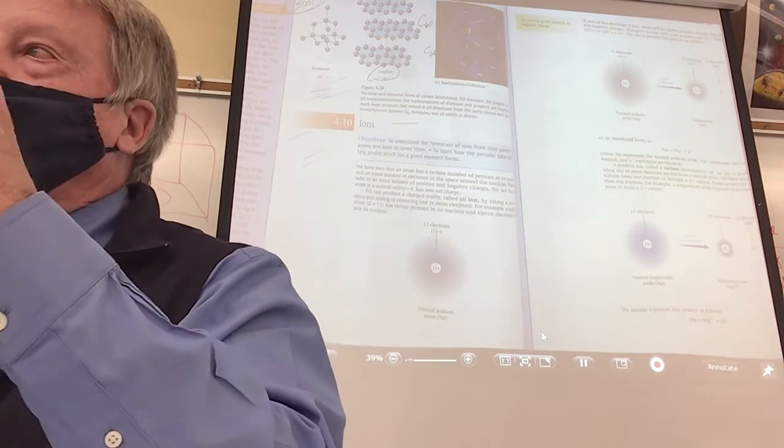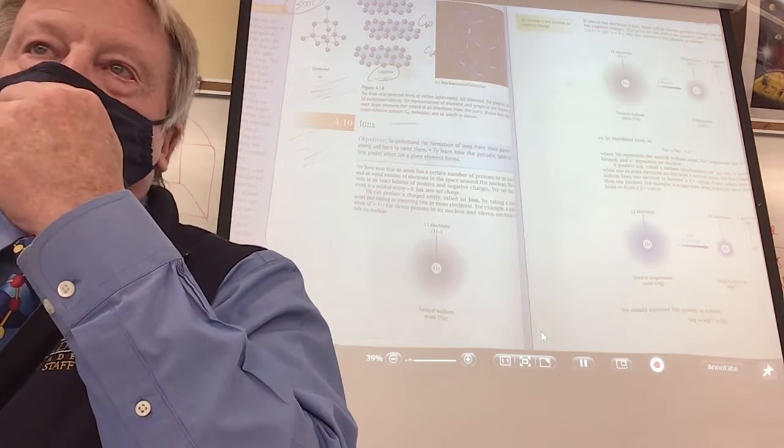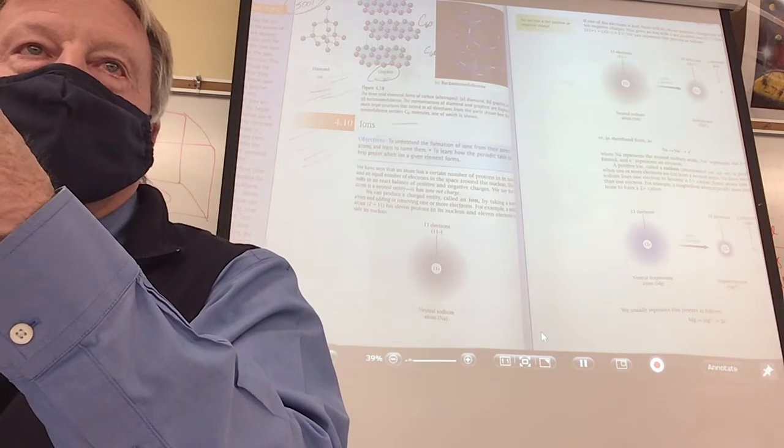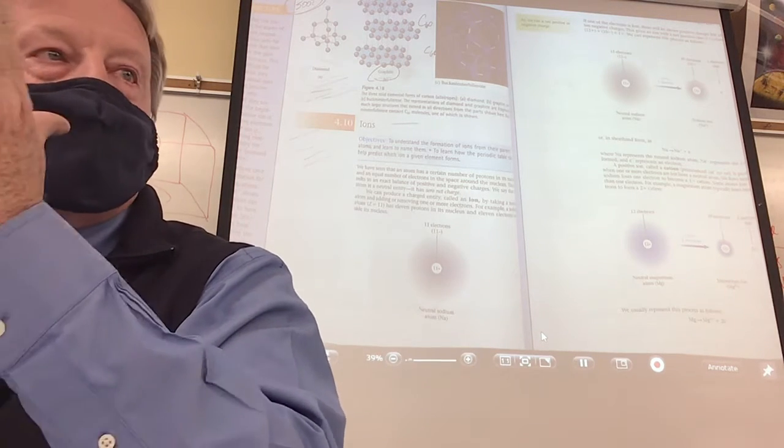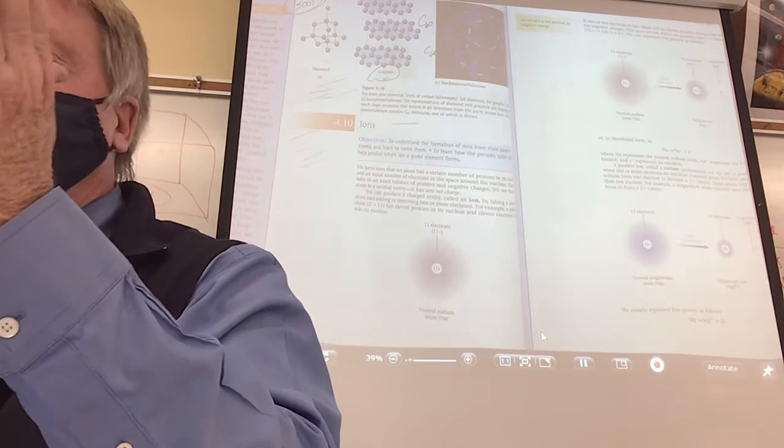And that's why graphite is used as a lubricant. You can put it in where a key or something goes in there, and it'll just make things slide right by each other because it's graphite.